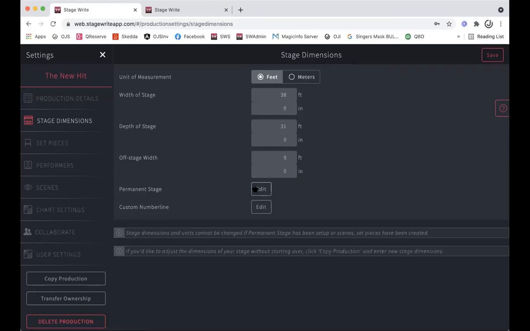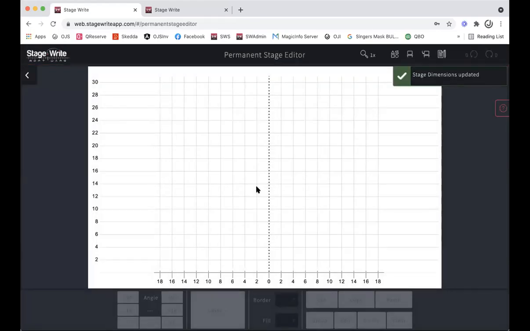If I hit permanent stage edit, now you can see this is the grid that popped up. Those are the dimensions I just entered. So 38 feet wide makes my number line go out to 19. I've got 31 feet deep and I'm showing 9 foot in either wing. So now from here, anything you put on this stage, on this permanent layer, is going to show up on